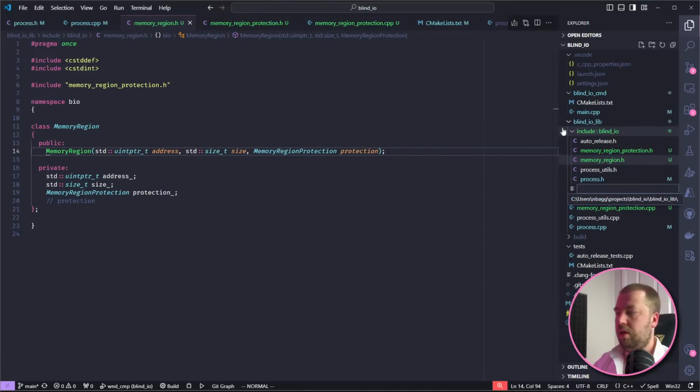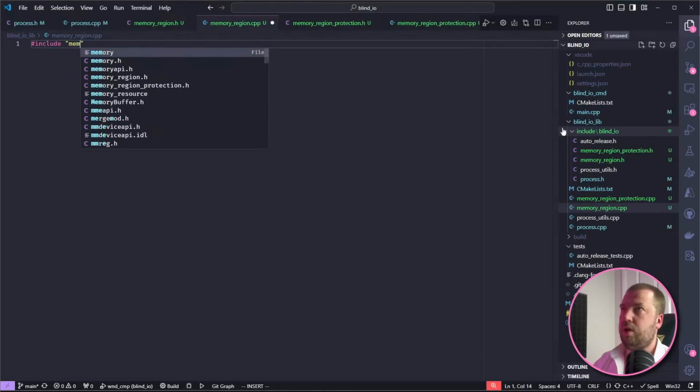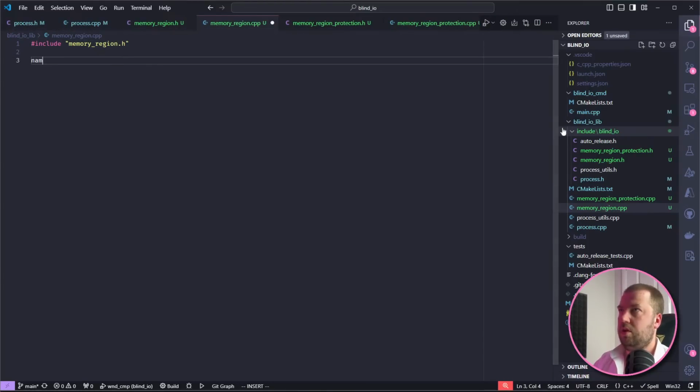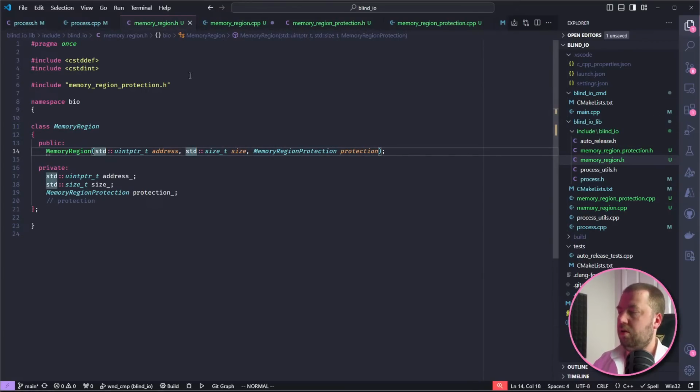New file, memory region.cpp. Right. Include memory region, and then in here we can bring in our constructor.